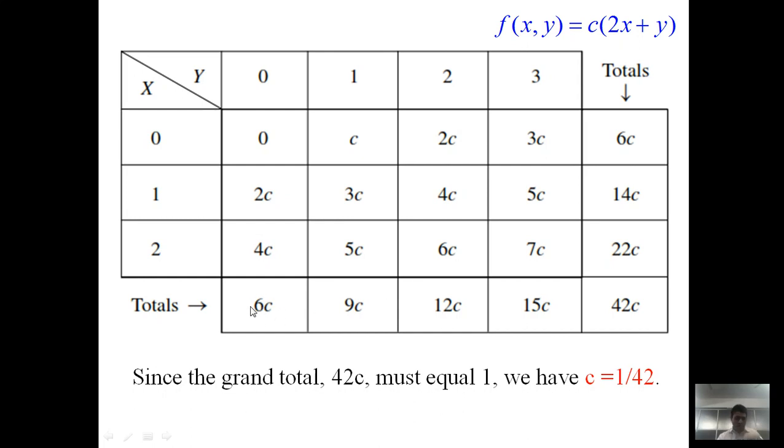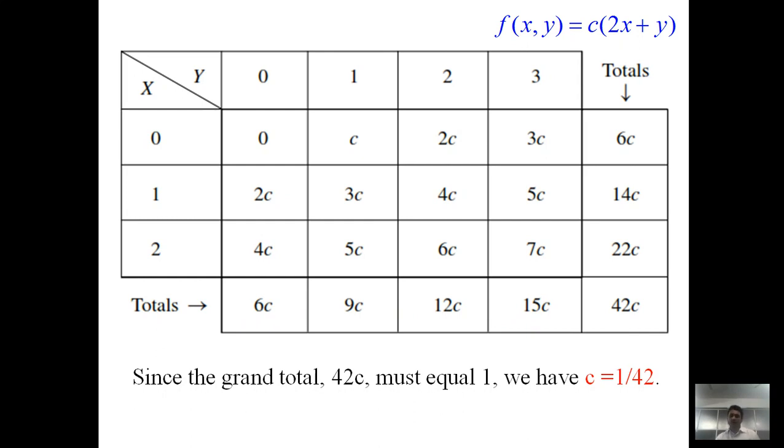This element can be obtained by addition of this first column. So 0 plus 2c plus 4c, that is 6c. c plus 3c, so 4c, 4c plus 5c, 9c. And similarly this one. At the last, this element is nothing but the addition of this row, this column as well as this row, and it must be unique. So we have to get 42c, because 14 plus 6, 20, 20 plus 22, that is 42c. And again, if you check the sum of this row, it must be 42c.